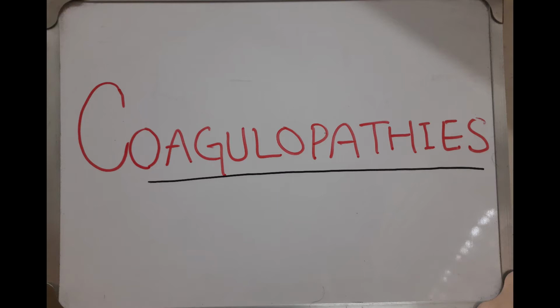In this video, we are going to talk about homeostasis, intrinsic pathway, extrinsic pathway, coagulation profile, and results of coagulation tests like BT, PT, APTT, and platelet count in various bleeding disorders. So let's start with homeostasis.